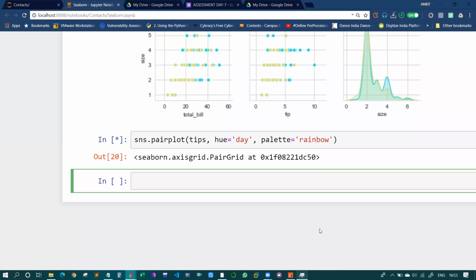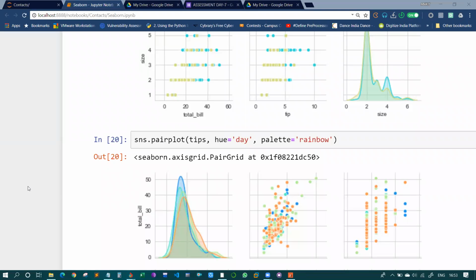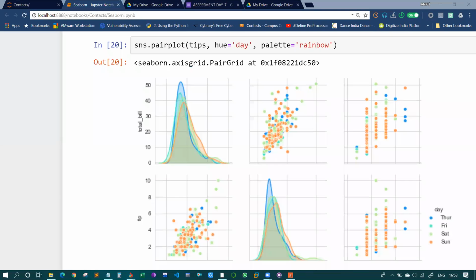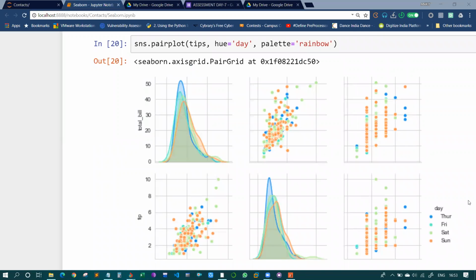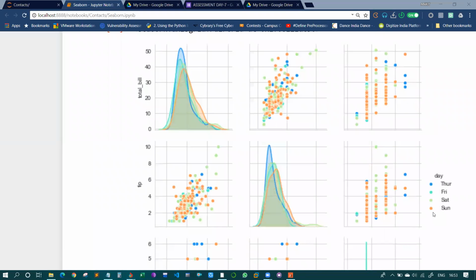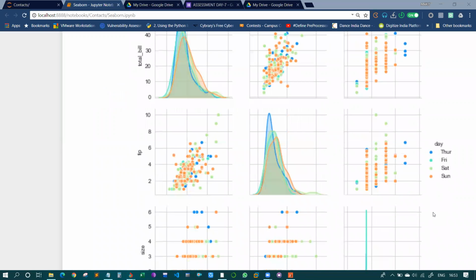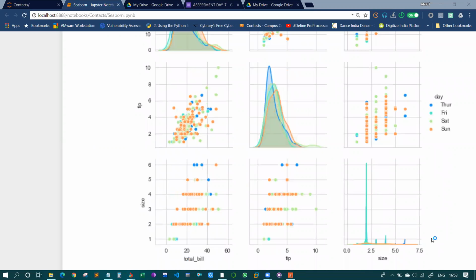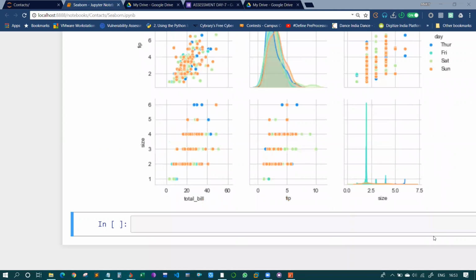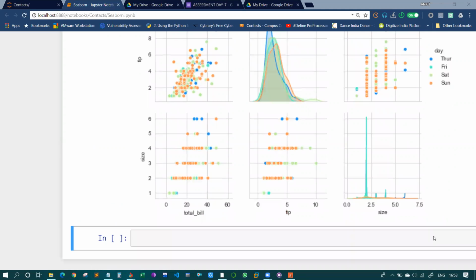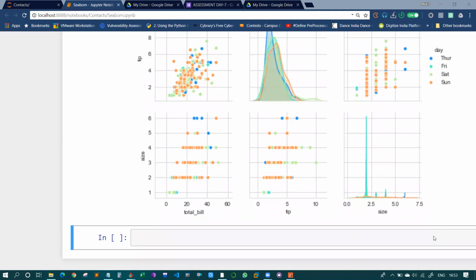On the right side you can see which color denotes which day of the week, and I think Sunday had the maximum number of customers, because Sunday is having the maximum value everywhere. Fine. So this was one thing.